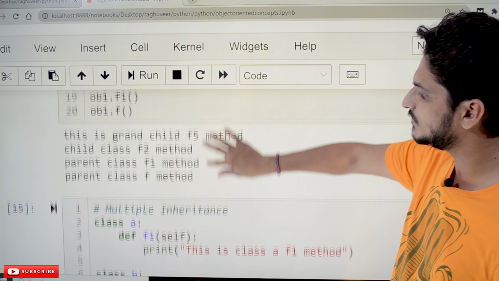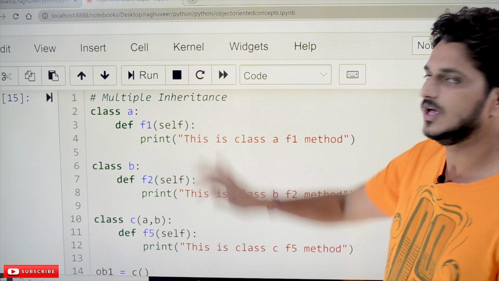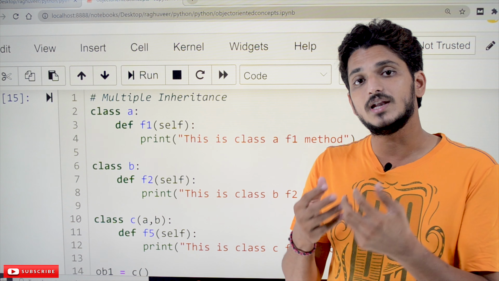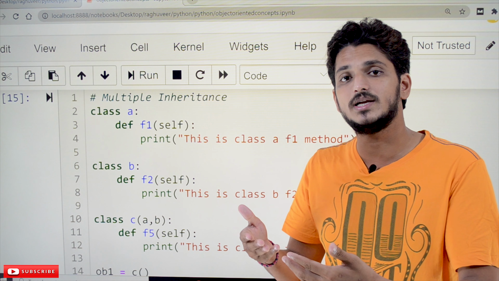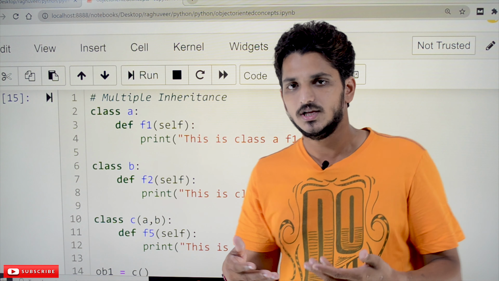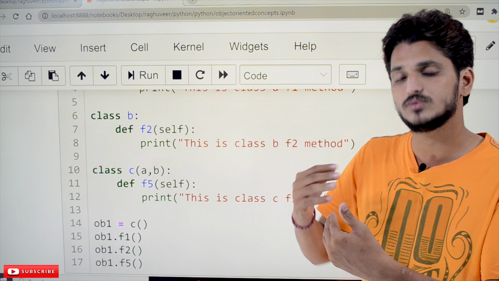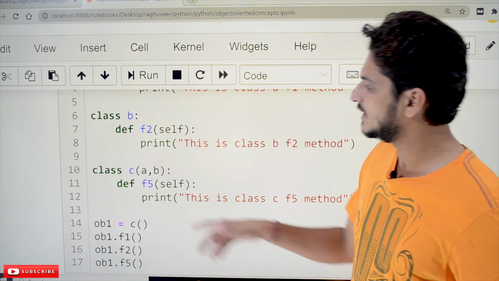Our next concept is multiple inheritance. Up to now we discussed inheriting one class. If you inherit more than one class, we call it multiple inheritance.